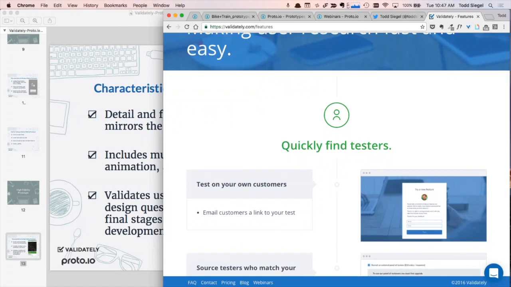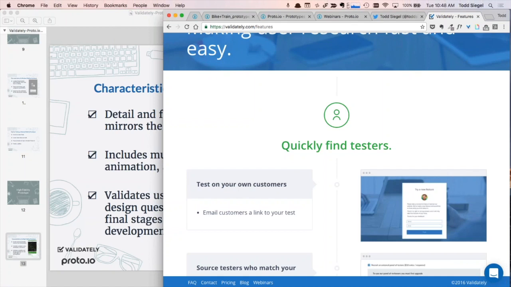And also there was a question on, can users do remote testing in the browser without downloading the app? Have you tried it before? I'm sorry, can you repeat the question? Sure. Can users do remote testing in a mobile browser without downloading the app? So I'm not sure what the app is. I guess the Validate.ly app itself. Oh, sure. So just using, I guess, mobile Safari versus having to download an app in order to do the